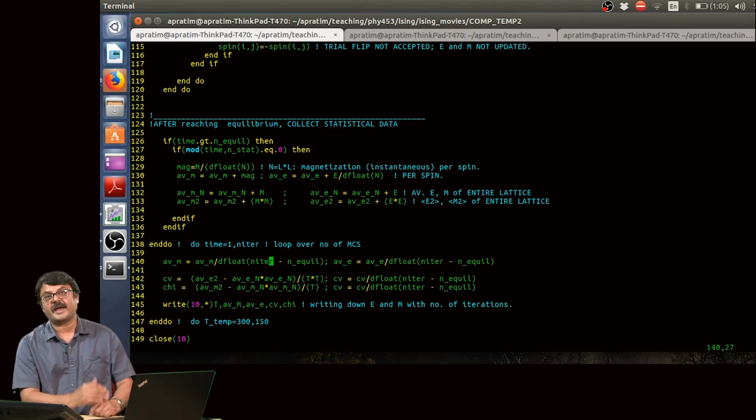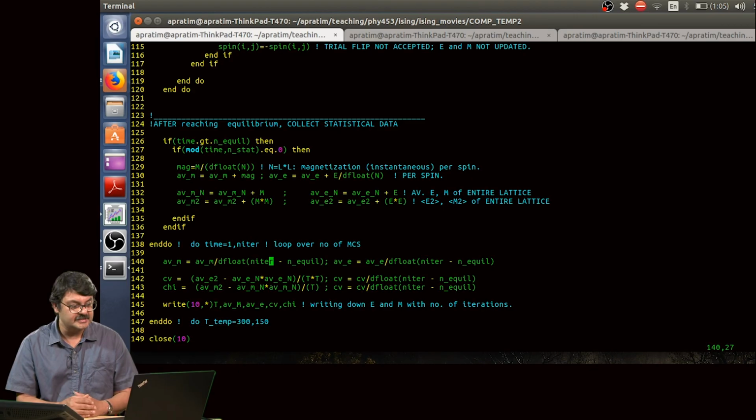Okay. With this background, here I have basically discussed how the code has been changed, or what modifications you need to include in the code to calculate thermodynamic averages.